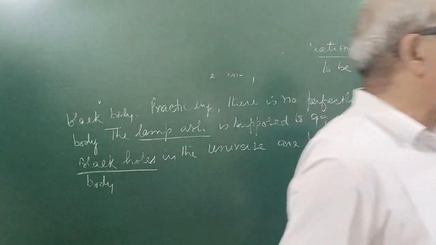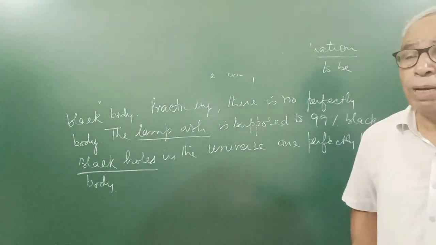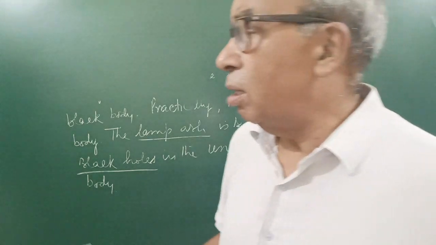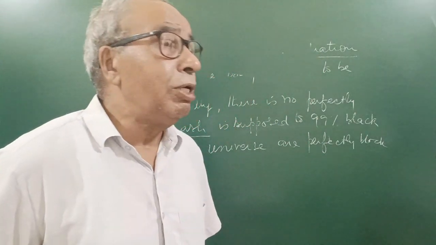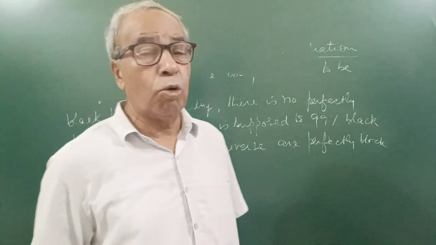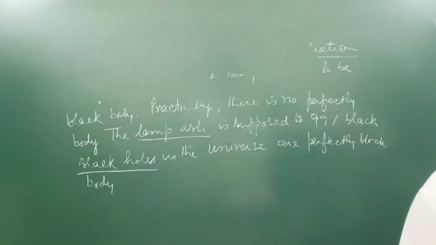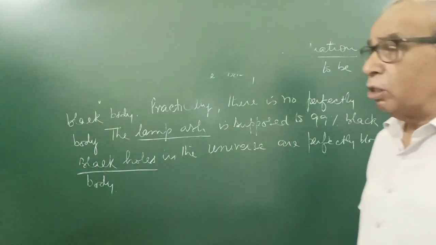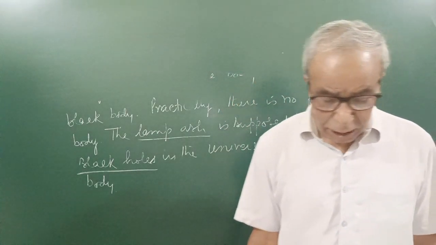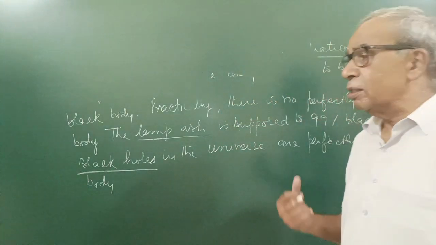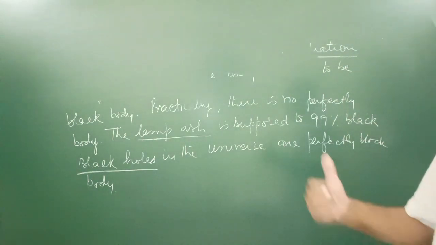The stars whose mass is nearly 2.5 times that of the sun, when they die, they form a black hole. That means when the total amount of energy emitted by them becomes zero. Every star keeps on emitting energy because of nuclear fusion taking place inside. When the total fuel gets exhausted, nuclear fusion stops, and there are many steps in the death of a star. But those stars whose mass is more than 2.5 times that of the sun, when they die, they form a black hole.